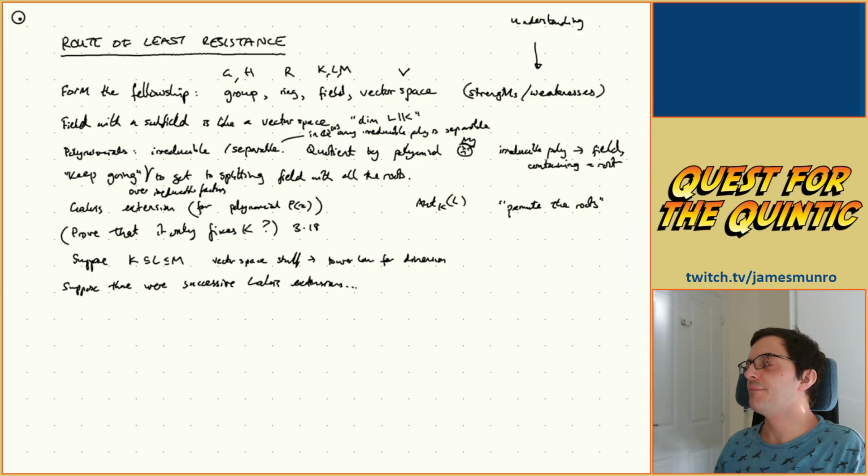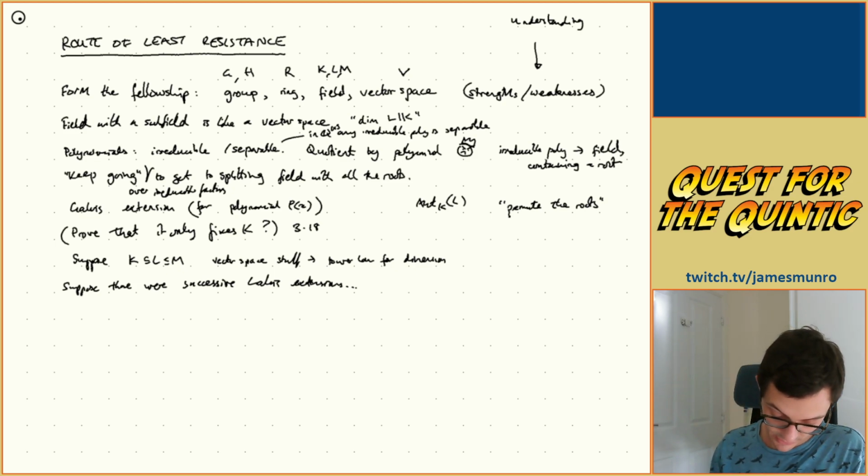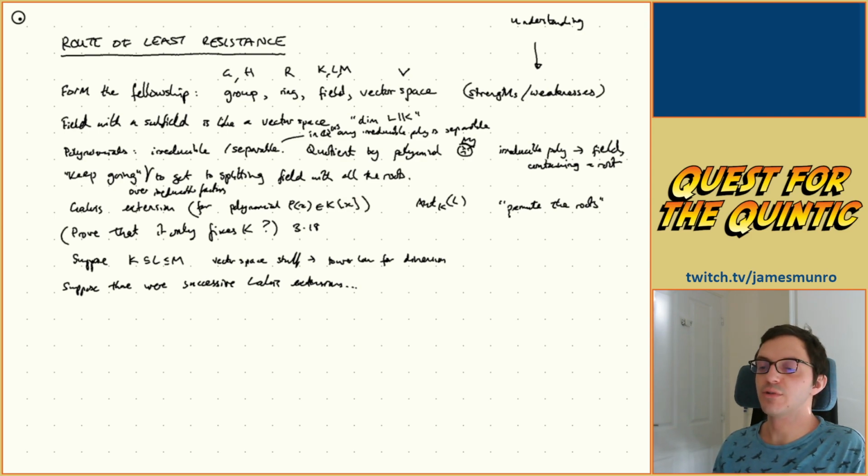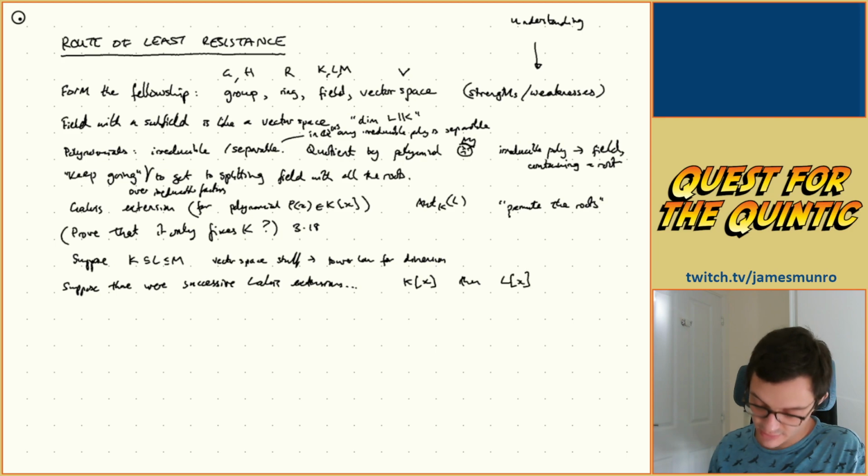There was some polynomial in K of X, so there's some polynomial in K of X, and then some polynomial in L of X. So suppose we went to the splitting field for some polynomial, and then using your new world, note that the second poly,